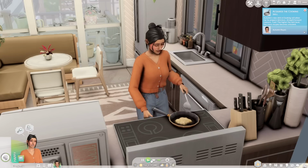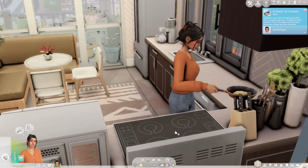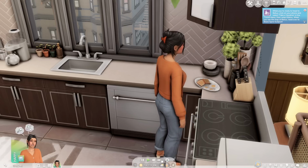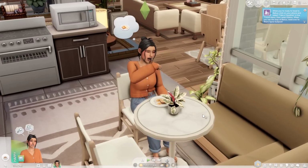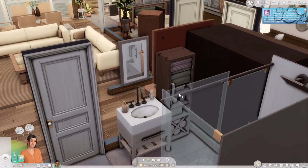Since Autumn here is a single Sim, she doesn't have anyone to impress or be wary of in the event she does have some bad breath. But let me go and have her grab a little serving here, and we'll see if it does trigger some bad breath. This is also a new save, so it could be a little too soon. But while Autumn's eating, let me take you guys into the bathroom really quick and show you some of the